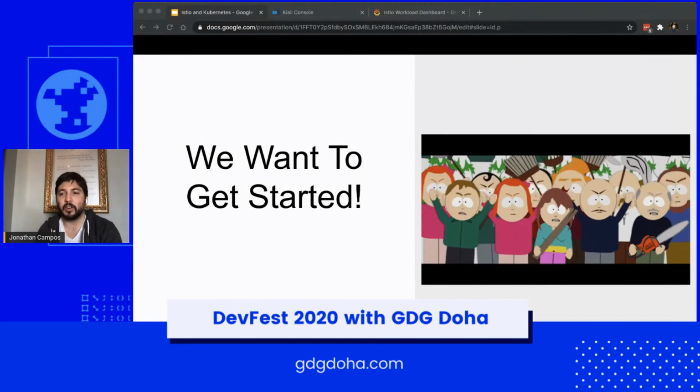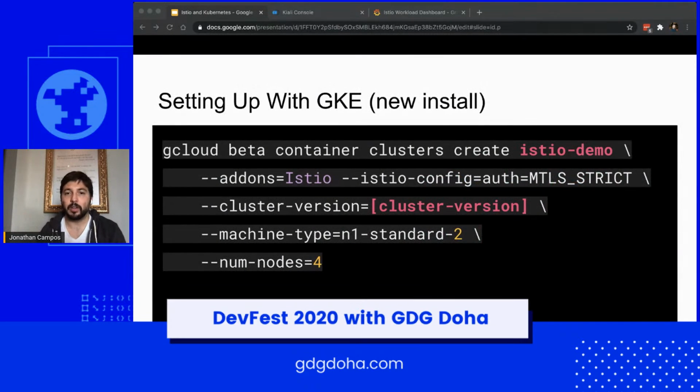So we want to get started. Let's get going. How does this work? Whenever you're setting up a new GKE cluster, you'll notice that very easily you can use an add-on and tell Google Cloud Platform, when creating this cluster, use the Istio add-on. Immediately, Istio will be installed as part of your cluster whenever your cluster is starting up,